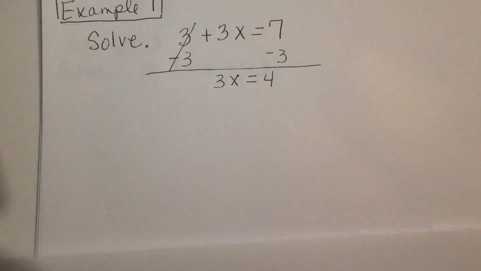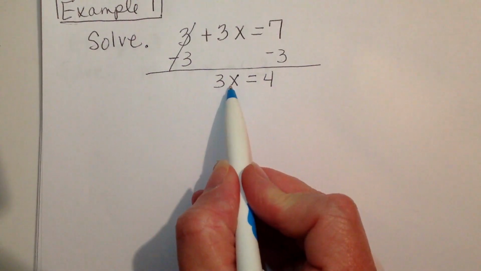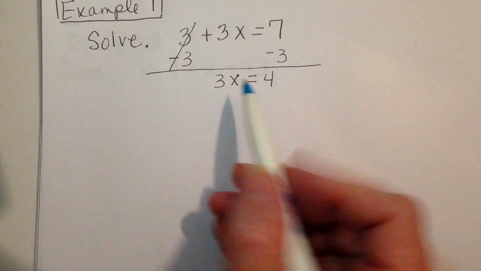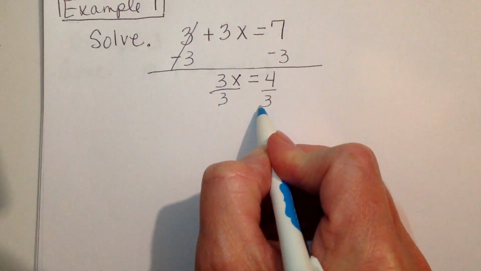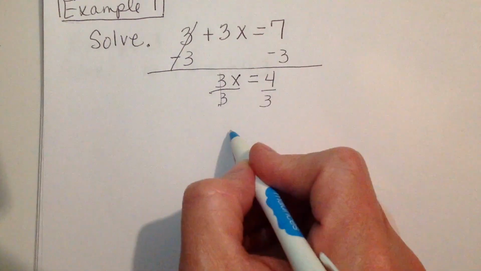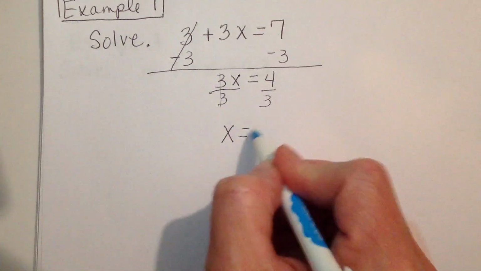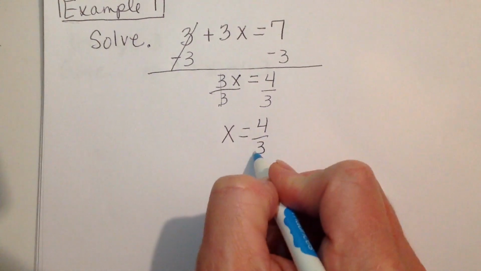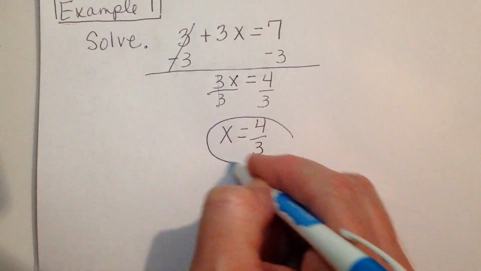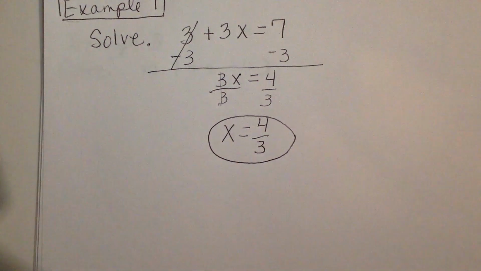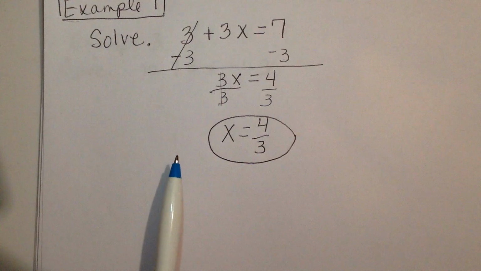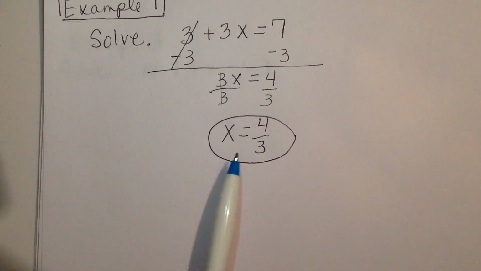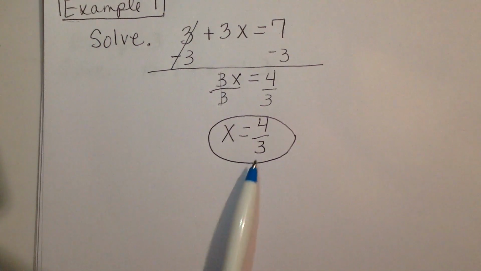Continue solving this equation. 3 is being multiplied times x. To undo the multiplication, we must divide both sides by 3. 3 divided by 3 becomes 1. x equals 4/3. I am finished with my equation because I have x on one side by itself with a positive 1 in front of x, equal to a number. So my answer is